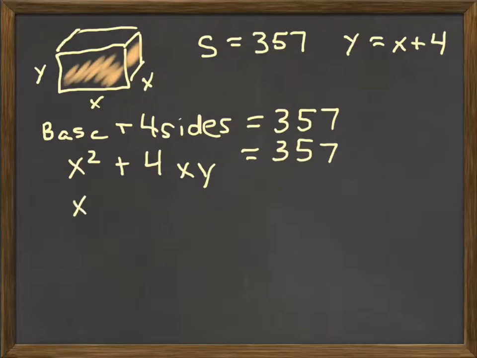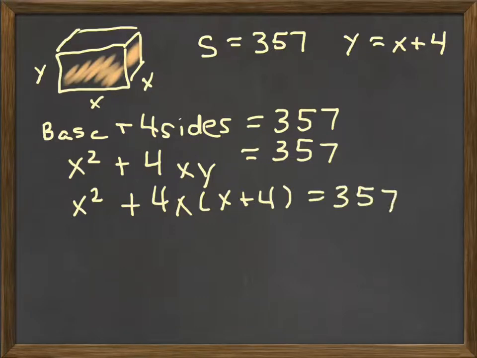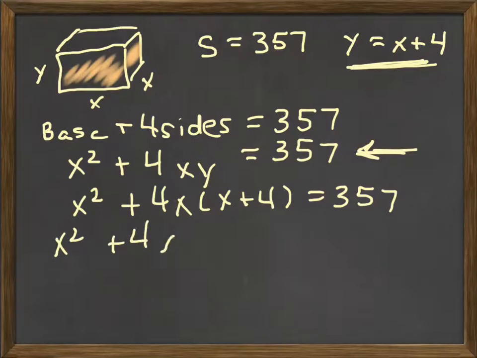You can then take y and replace it with what y is equal to. So we're essentially using the substitution technique for solving systems. Our two equations were this one, y equals x plus 4, and this one, x squared plus 4xy equals 357. But after we do the substitution technique, we're down to one equation,